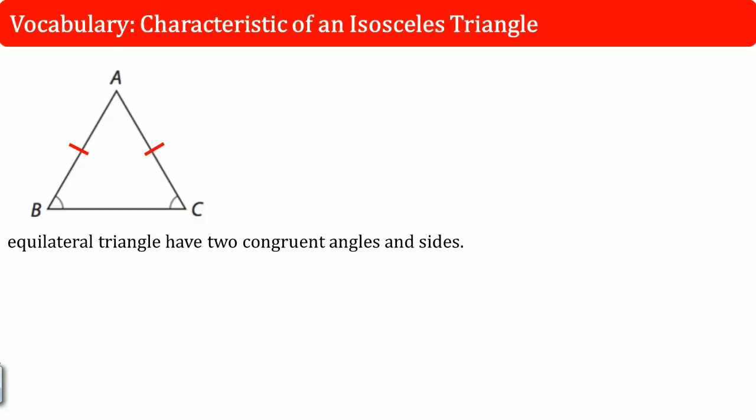Next, let's characterize an isosceles triangle by looking at its properties. Here we have an isosceles triangle, and this is spelled wrong. This should be isosceles. An isosceles triangle has two